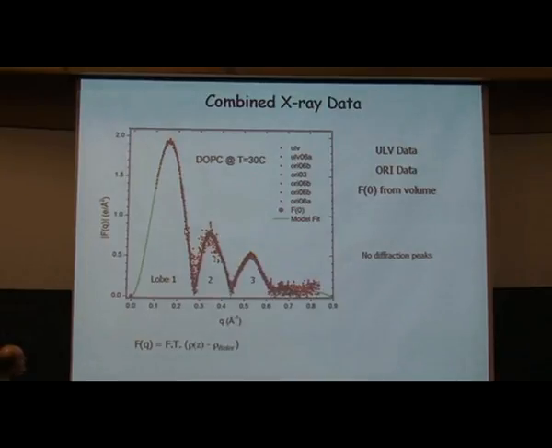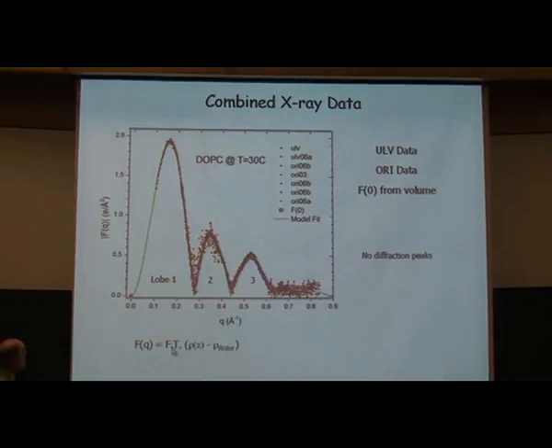But I just showed you on the previous slide that down here in this region, I had to wipe out a lot of the data because of mosaic spread and very strong peaks and lots of nasty things going on. And so the oriented data start right about in here, and they go all the way out to here, which is roughly twice as far as people have been able to get with multilamellar vesicle samples, including ourselves. So we're very happy that we can get this far in Q space, even though data get kind of noisy out here. At least we know that there are already data out there.